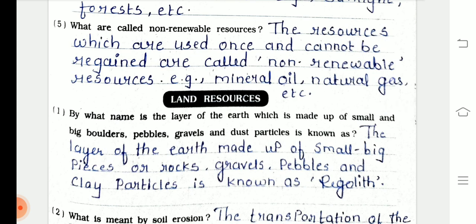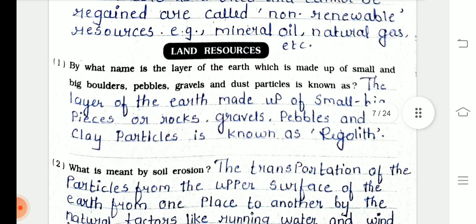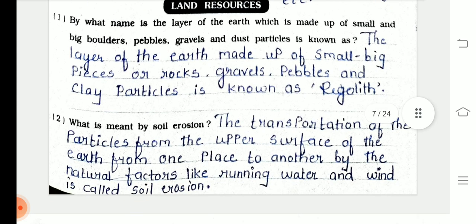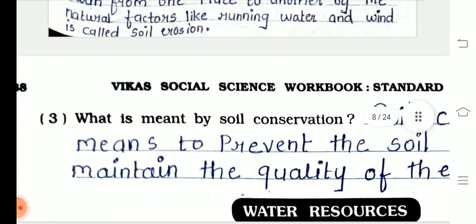First one: By what name is a layer of the earth which is made up of small and big boulders, pebbles, gravels, and dust particles known as? The layer of the earth made up of small and big pieces of rocks, gravels, pebbles, and clay particles is known as regolith. Second: What is meant by soil erosion? The transportation of the particles from the upper surface of the earth from one place to another by natural factors like running water and wind is called soil erosion. On the next page,